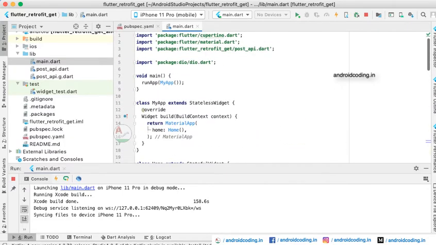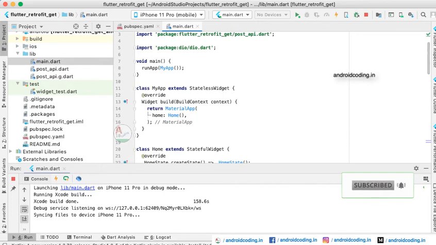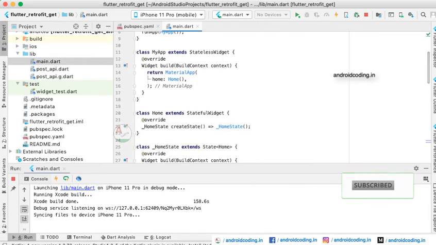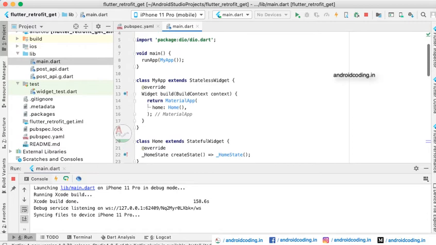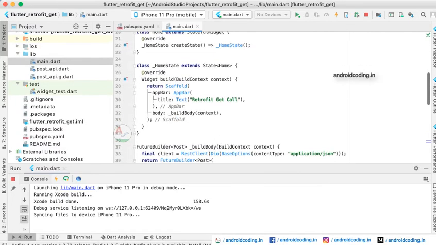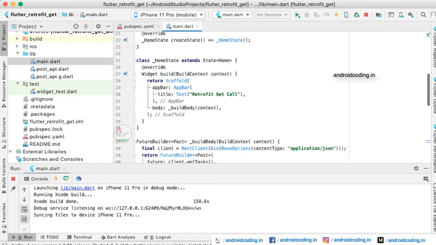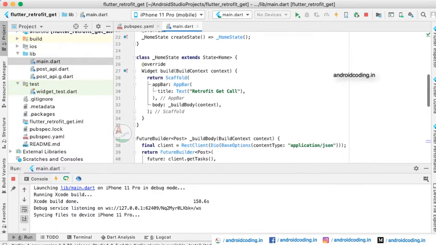In the main.dart we will be initializing with the void main, and we are considering the basic default class MyApp, which is extending a stateless widget. We are returning a MaterialApp inside which we have considered a Home class, which is again extending a stateful widget. So the first one is stateless and the other one is a stateful widget here. The HomeState is a state created under the class Home.